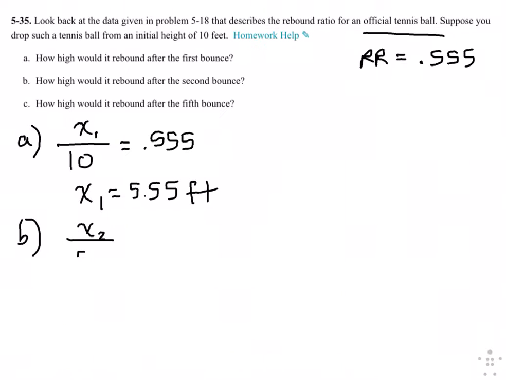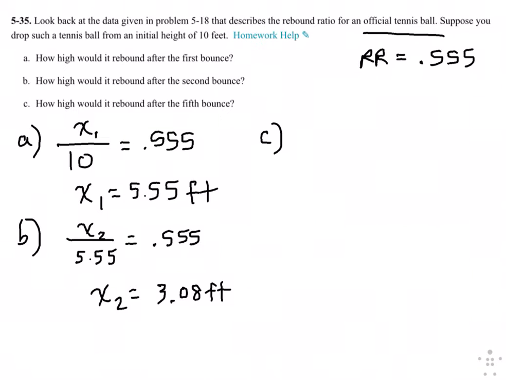And then for B, we want to do that to find the second bounce, so x sub 2. Now the original height is 5.55, and that equals 0.555. So x2 is 5.55 times 0.555, the rebound ratio. And we get 3.08 feet. And then C says, what about the fifth bounce, right? So C,